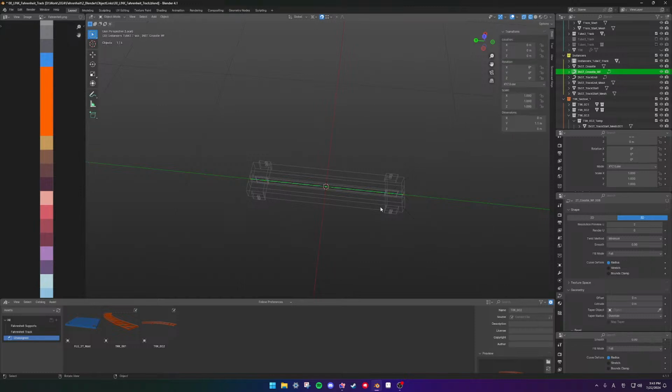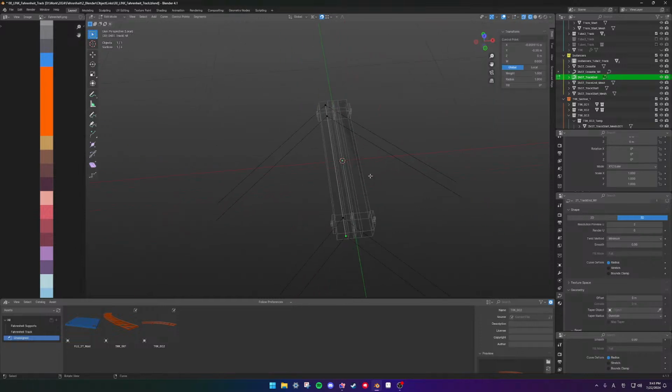We still have the curve and all that. But I don't want to generate it. So I'll keep this around just in case. Here we will